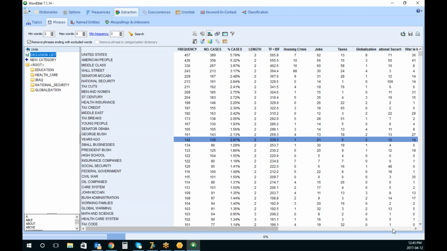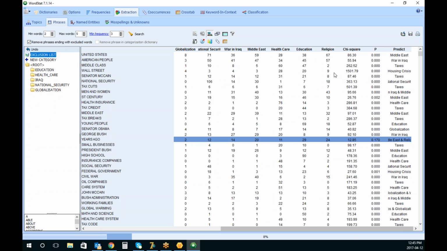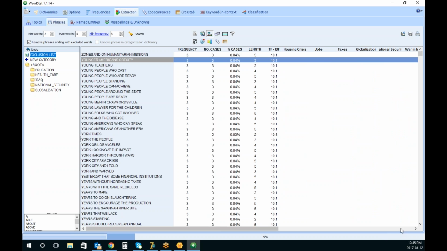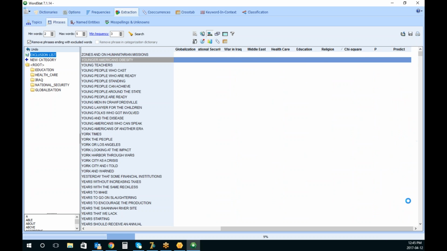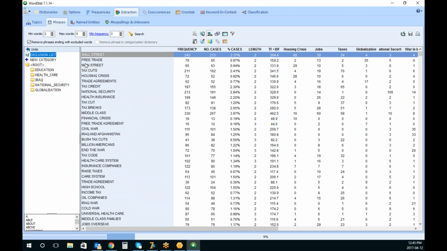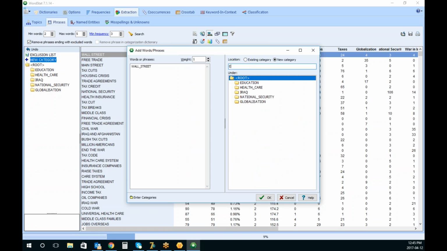So yeah, but what the software will do is show me some of the phrases. I'm glad that it did an error there, but what I'll be able to do is then sort on that, and let me go back, chi-square, and I could see some of those words that are associated with some topics, and those words are very specific to my topics. Other phrases may not be specific, so I can take Wall Street and create a new category, for example, economy,